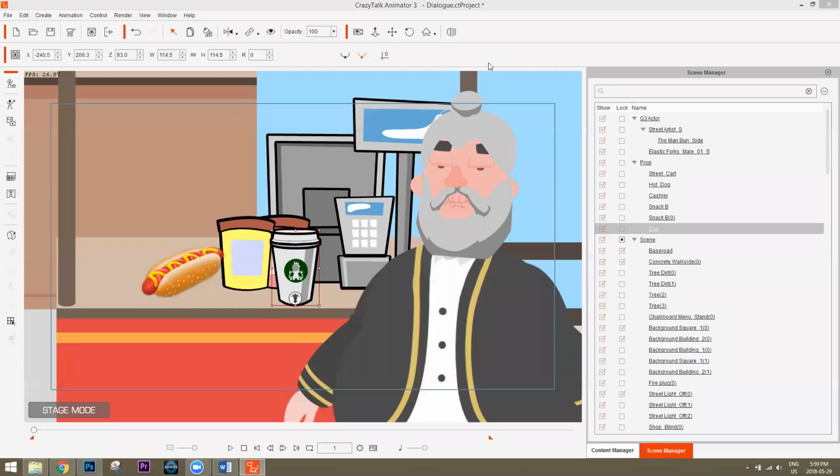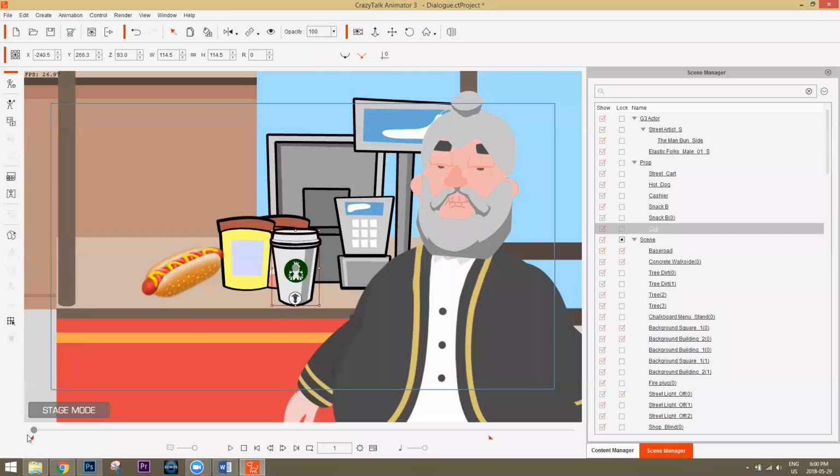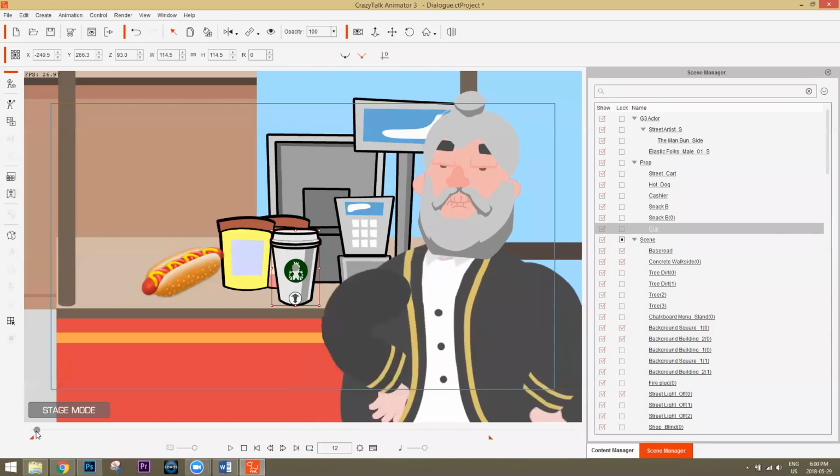All right, so the first question is from Shafiq. When the hot dog vendor is moving, his right shoulder is connected to the front of his body and then moves to the back of his body. How can that be fixed? Okay, I think what you're mentioning might be something like this right here. Unfortunately, with certain characters like this, when you rotate the body like that, you're going to have the arm move in front of the body.